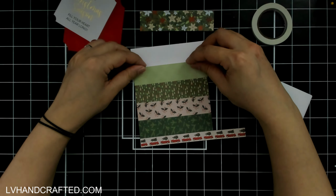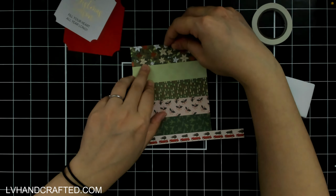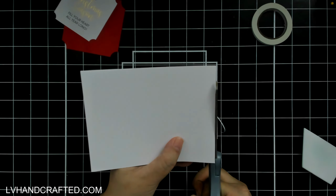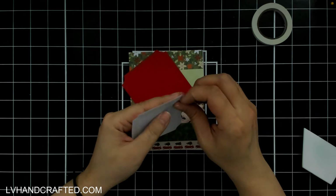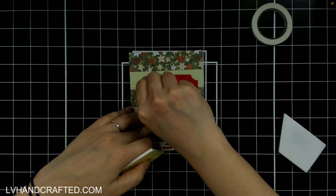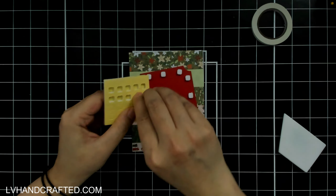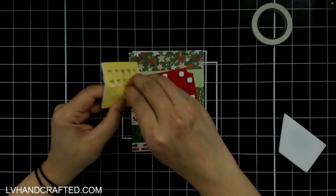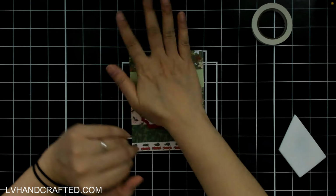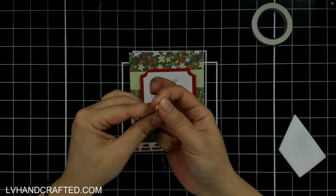And I knew at the outset, as I was choosing my pattern papers, that by the time I got to the sketch, I would just figure something out. Well, this is one of those where I just needed to figure something out, because I chose that pattern with the maroon, red, and white hearts that you saw earlier. One of those pieces should have been used on this card, the topmost section. And because I wanted to keep the orientation of this card the way that it is, I decided to just swap in a different pattern paper, and I'll use that piece that I cut somewhere